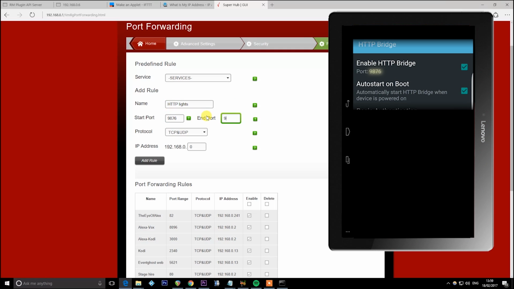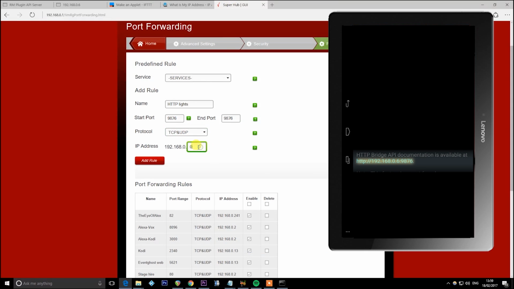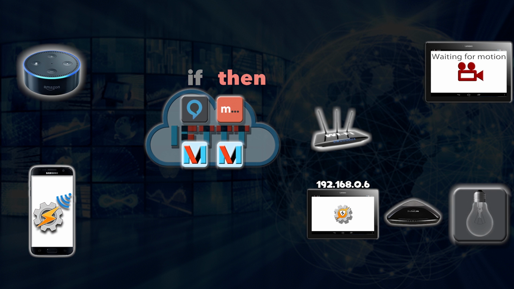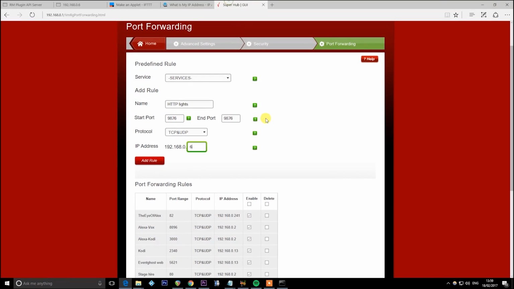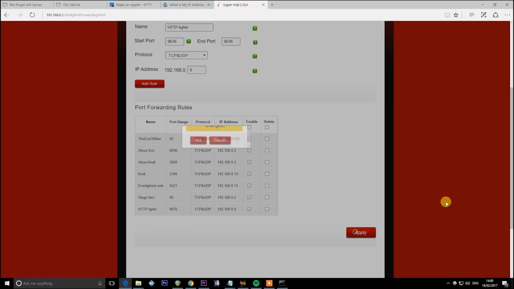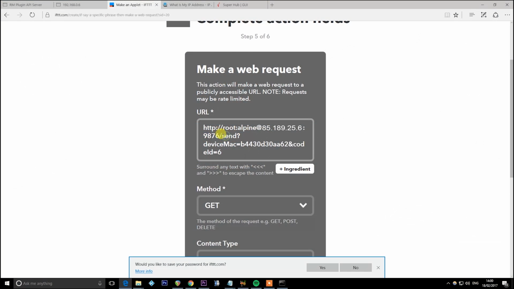And we just need to tell it that anything coming in on port 9876, which is that port number, needs to be sent to our RM plugin's IP address. So our 192.168.0.6 address in my case. So if I add rule and then apply, and then say yes, I want to apply those changes. Now, any requests coming in to my router's IP address from the outside world, on port 9876 needs to be sent to the RM plugin,